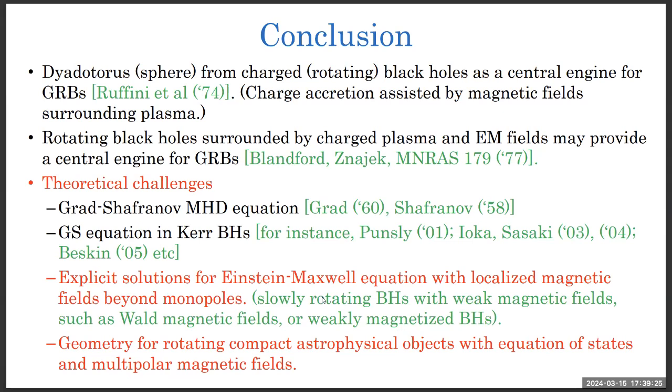Incorporating equation of state, nuclear equation of state, and also strong magnetic field. And it turns out that magnetic field has more structure, not simply dipole type, it is multipolar. So do we find the geometry or space-time solution for that? Just G mu nu equal to T mu nu. In T mu nu, equation of state and including energy moment tensor for strong field.